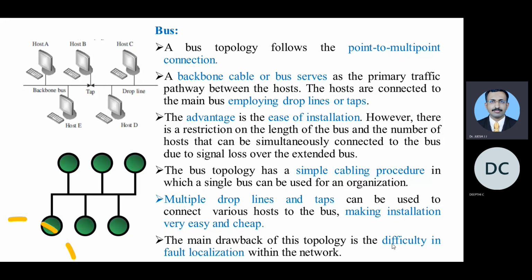So what are the drawbacks? The drawback of this topology is the difficulty in fault localization. If any fault arises or you come to know that there is a problem, it is very difficult to understand where the problem has really occurred. So that is the difficulty in fault localization within the network. These are some of the advantages and disadvantages, and this is all about the bus topology. So this is the third one, bus topology, and the last one is